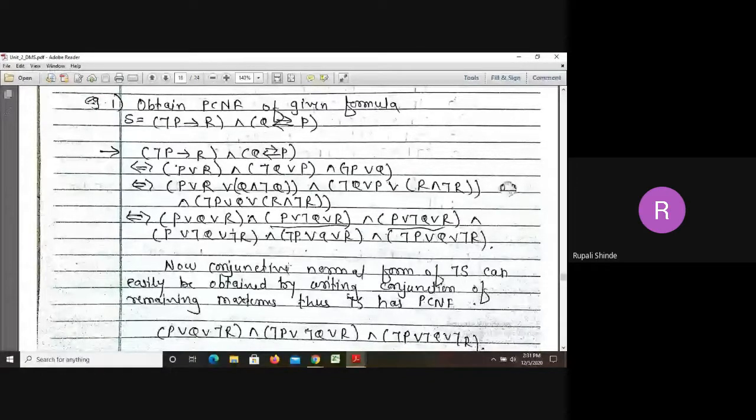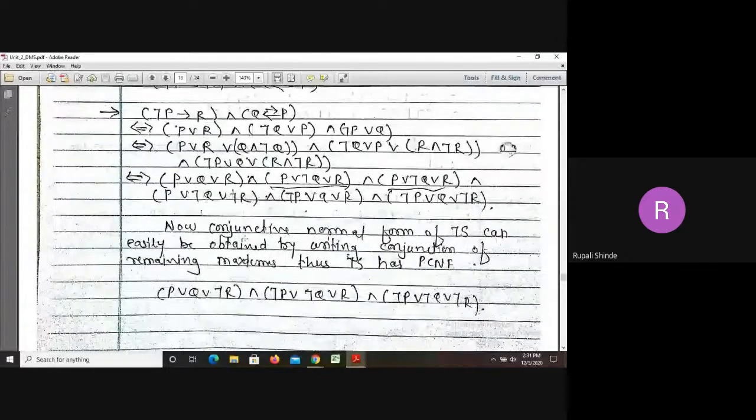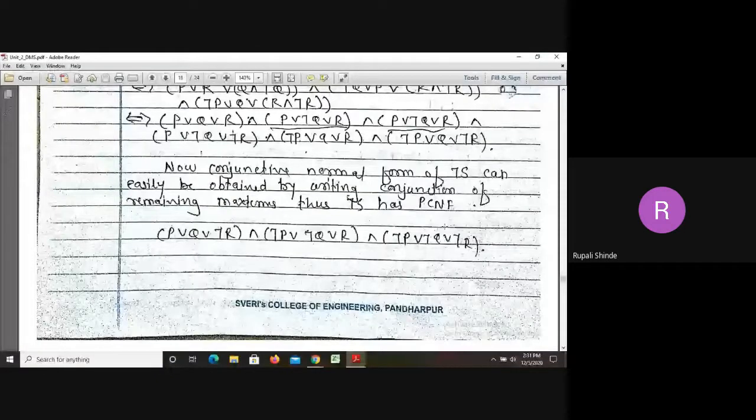Out of those, 5 are here, just 3 are remaining. So first of all, we have to think about what are those missing 3 minterms. So those minterms or maxterms. So here we have considered maxterms. Those maxterms are written here.